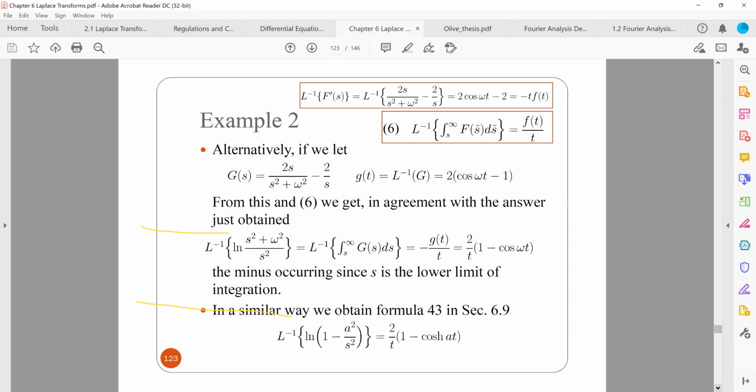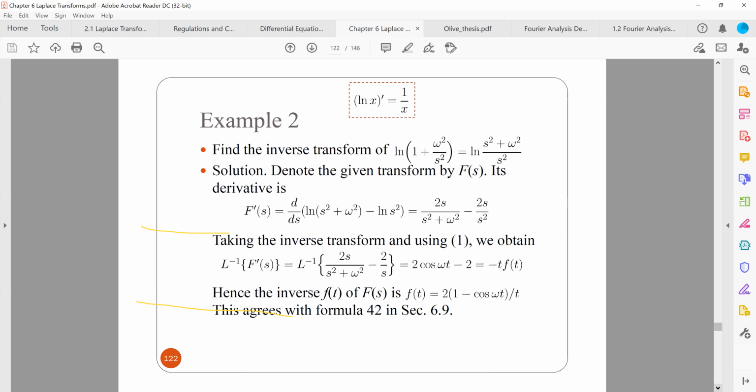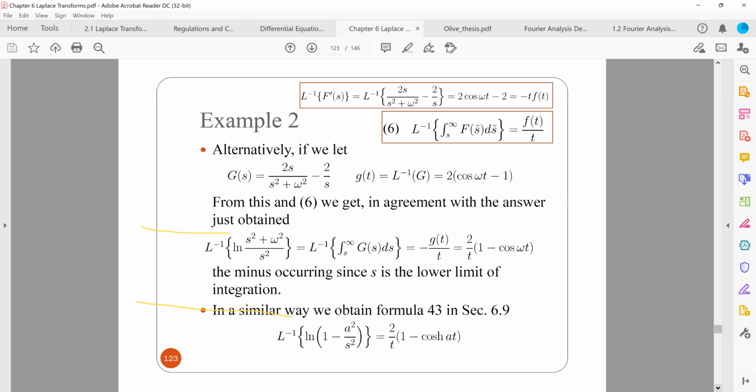Okay, this was an alternative way of looking at it, which is essentially after getting the derivative, we denote it by g(s). It's more or less the same, but let's just go through it. So this is saying after you get the derivative of F(s), you denote it by some g(s), okay? Then you get the inverse transform, which is going to be 2 cos omega t minus 1, okay? And then